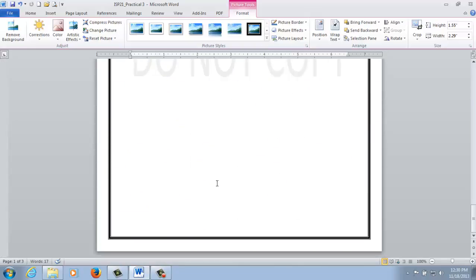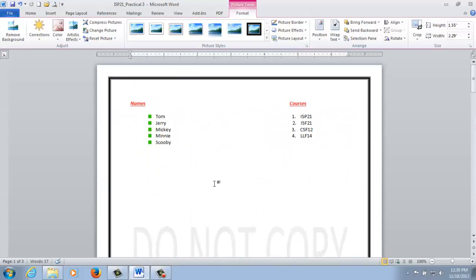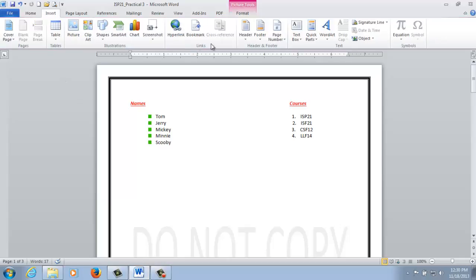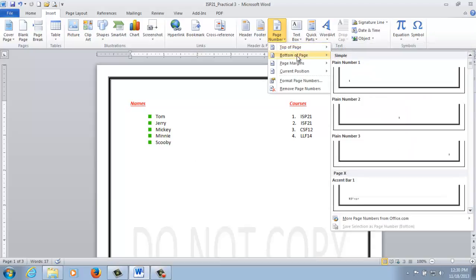In fact, I have created 3 pages, but at the moment I do not see any page numbers appearing. So how do I insert the page number? Click on Insert, and on the Insert tab you can see this page number. So click on this and choose page number. Now I want to put the page number at the bottom of the page, so choose bottom of the page, and